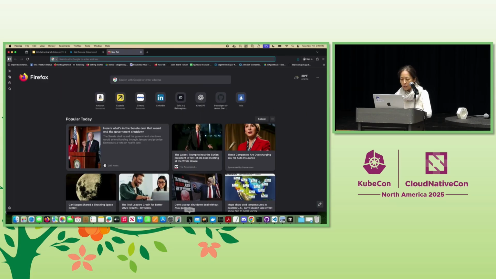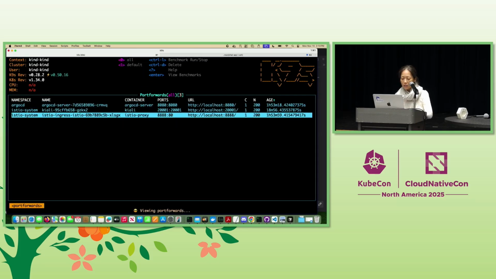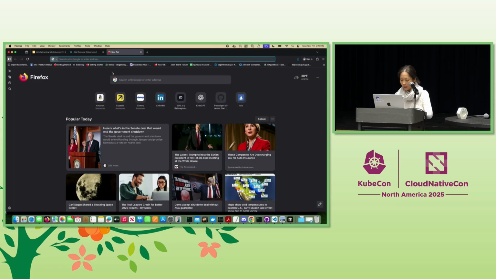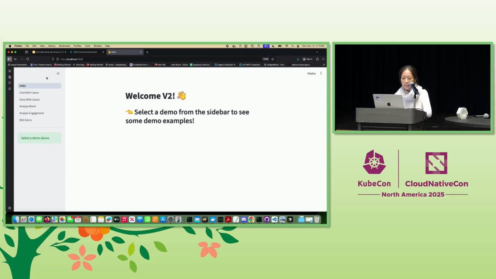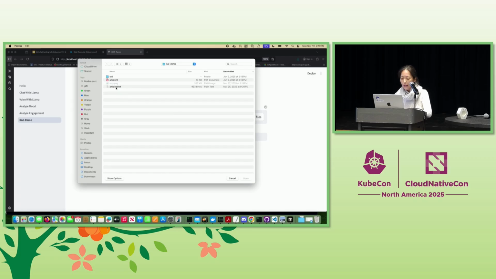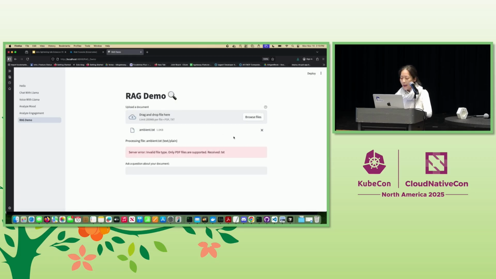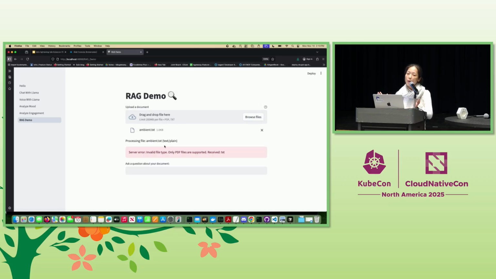I have port forwarding already set up on this environment. Let me just double check. So I have Istio ingress forwarded to 8888. So what I'm going to do is go in there, and you can see this is my demo application, and this connects to the RAG service. So version 1 of the RAG service can only handle PDF files. There's no TXT file it can handle. So if I click on ambient.txt, it tells me, hey, it can't handle it because it's version 1. So if I try again, it always goes to version 1 because I'm using traffic shifting to control routes,